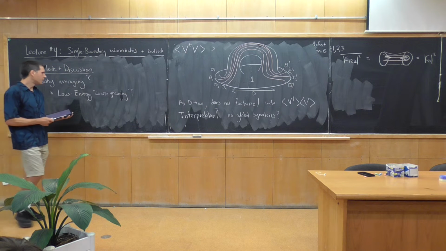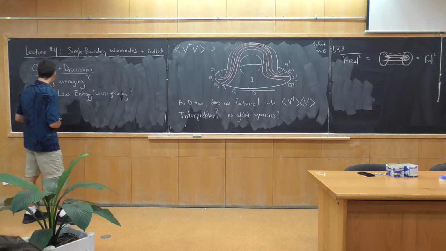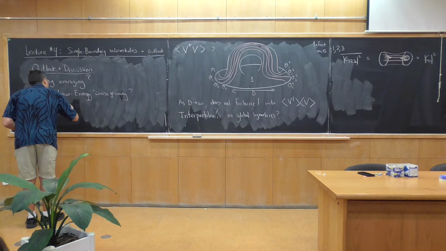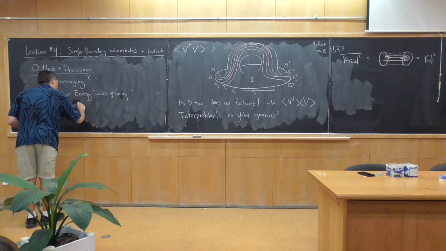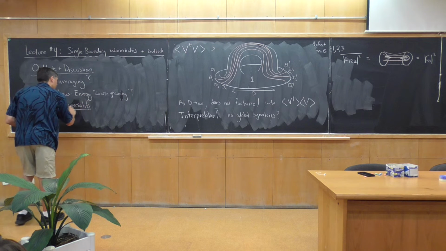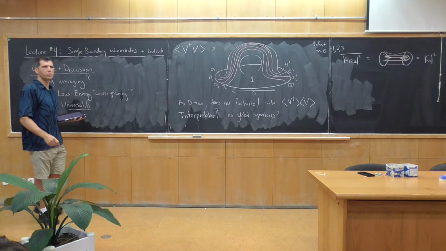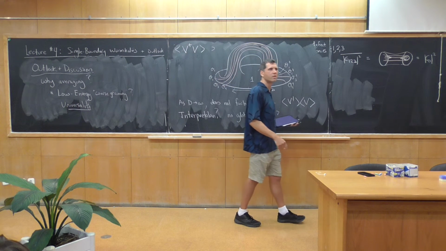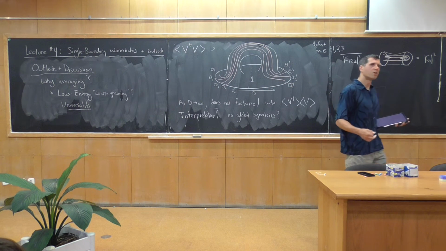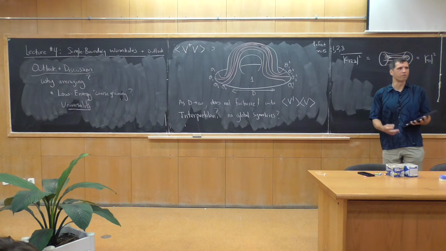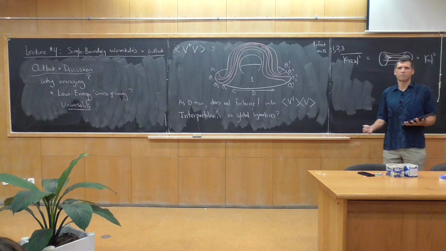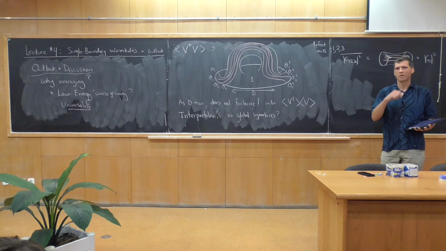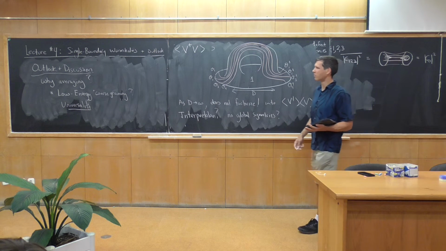In that point of view, the purpose of averaging is to remove some sensitivity to the UV. So there are some observables that are UV sensitive, but when you average them, they become universal. This is something that's very familiar, say, from StatMech or hydrodynamics. And we're trying to do the same thing for gravity.